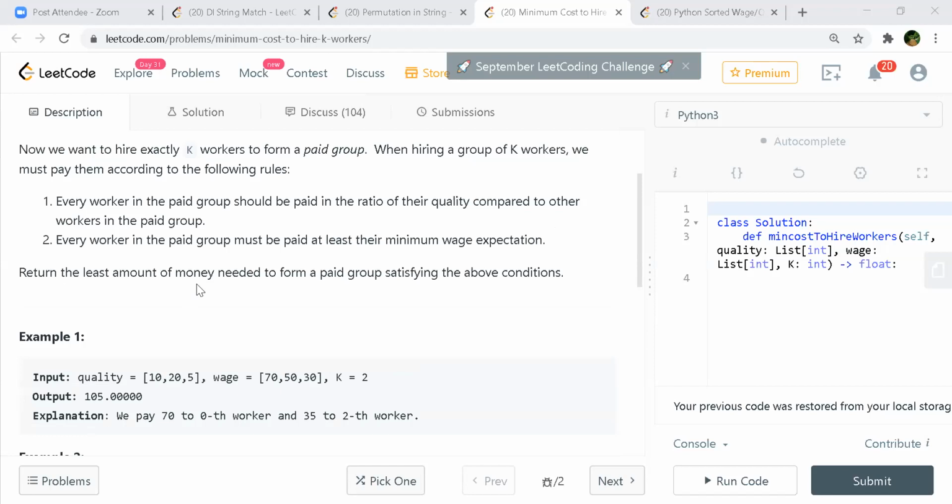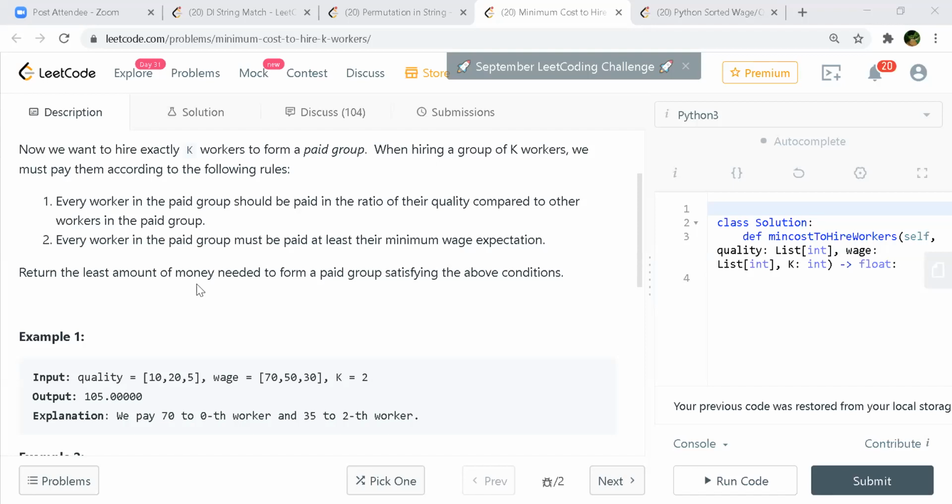Now it's actually making sense what they are talking about in the solution also. So what Harshil was saying, or you also were saying, right? First find a ratio of one worker. If you're starting from a brute force, the way they are doing it is you take the first worker, maybe you start a for loop at the very top level, and then you form a ratio of that particular worker, and then based on that ratio, you try to find wages for all other workers, which are greater than. Okay, the wages should be lesser than